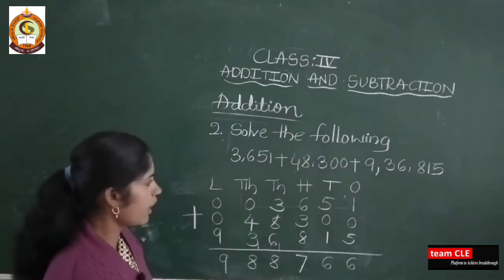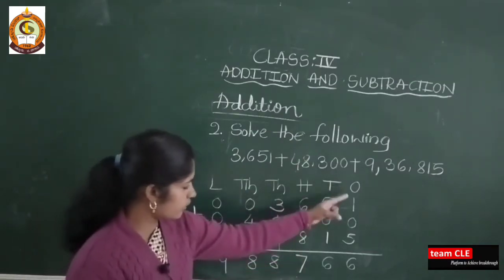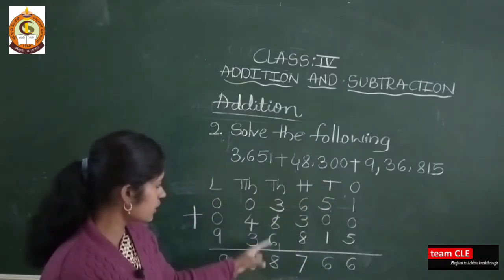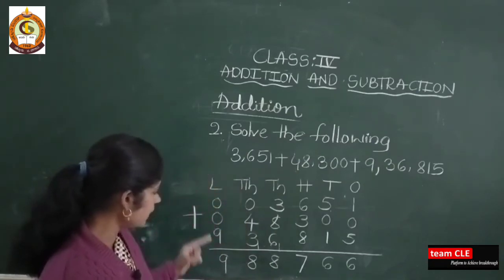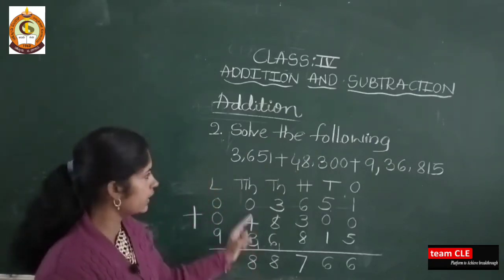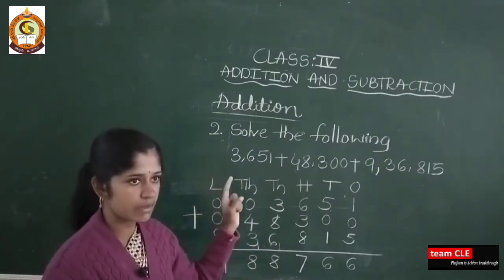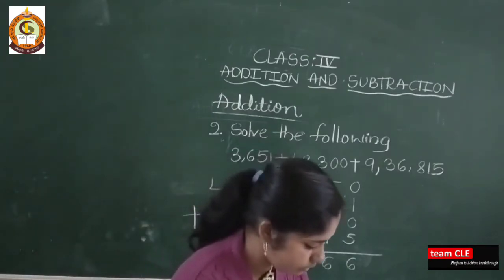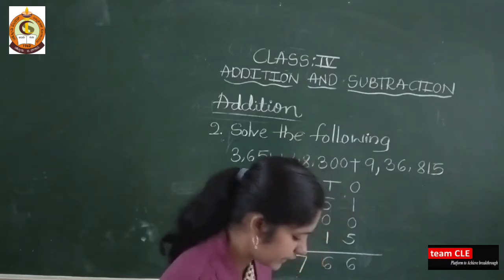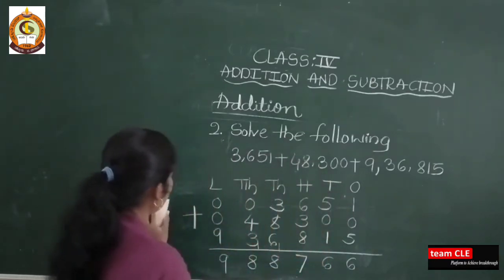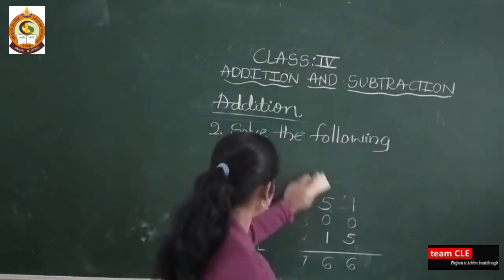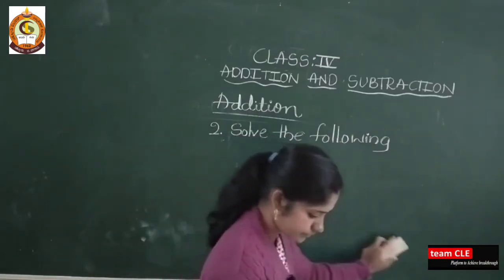This is the way you have to add the numbers. First you add the ones place, next the tens column, hundreds column, thousands column, ten thousands column, lakh column. Before solving the example, you count the digits also. Next, one more example is there. I will take it from your textbook, and that is D1. I have solved A1. Now I will take D1.